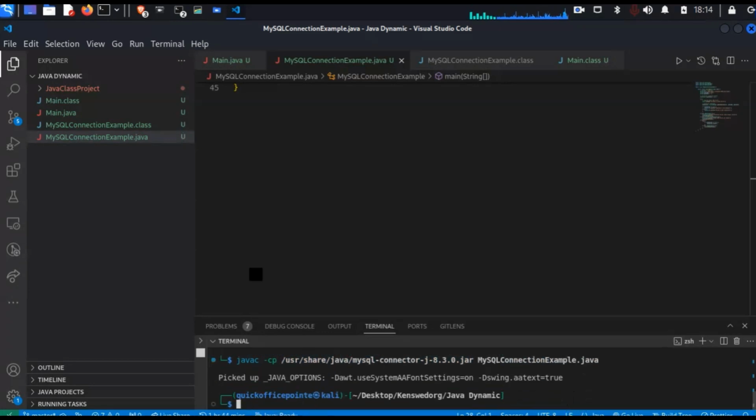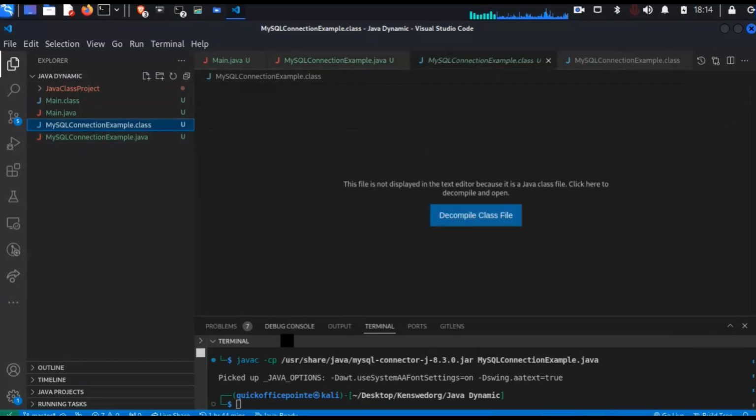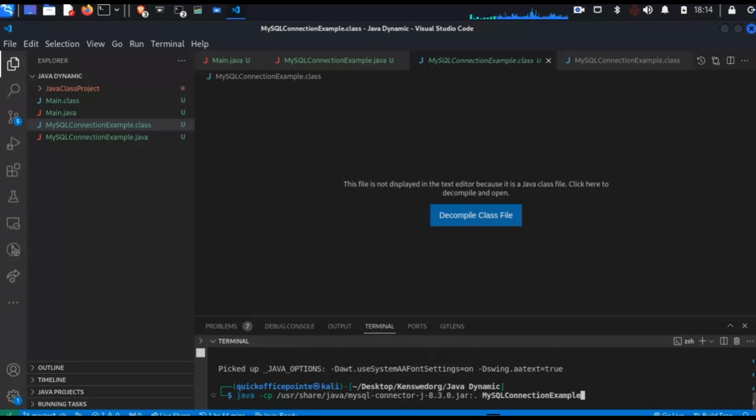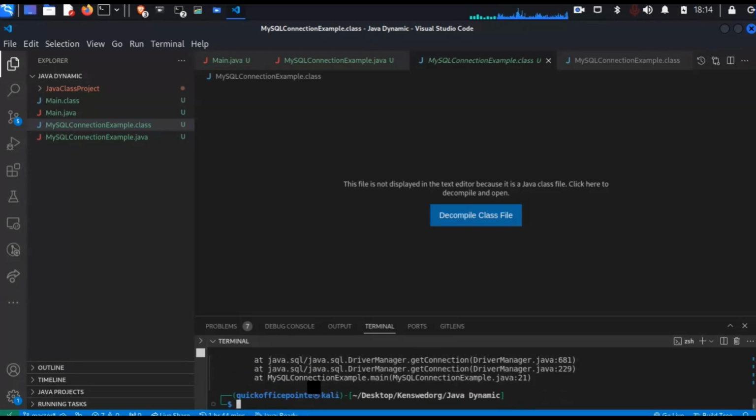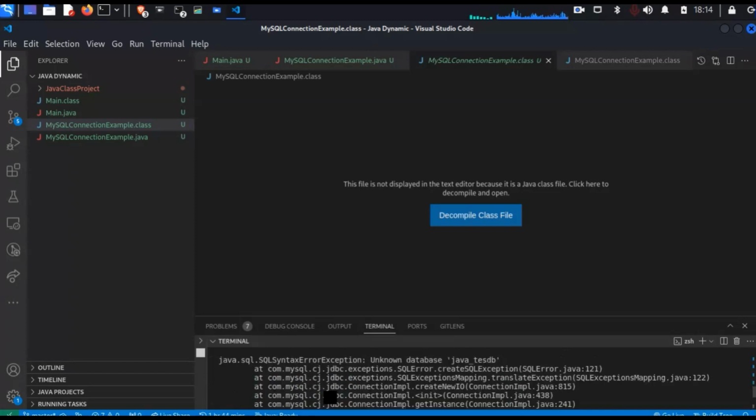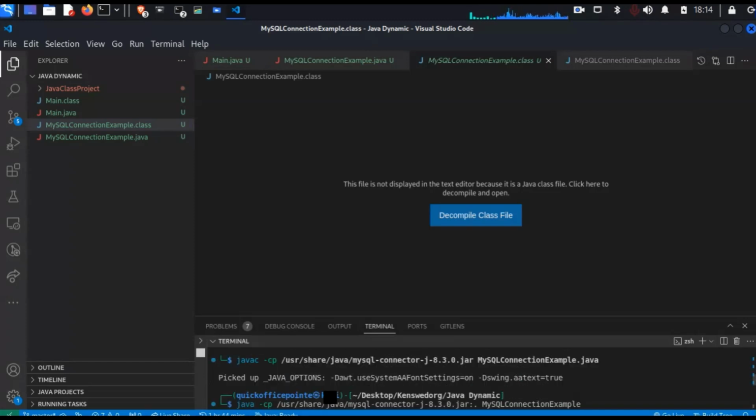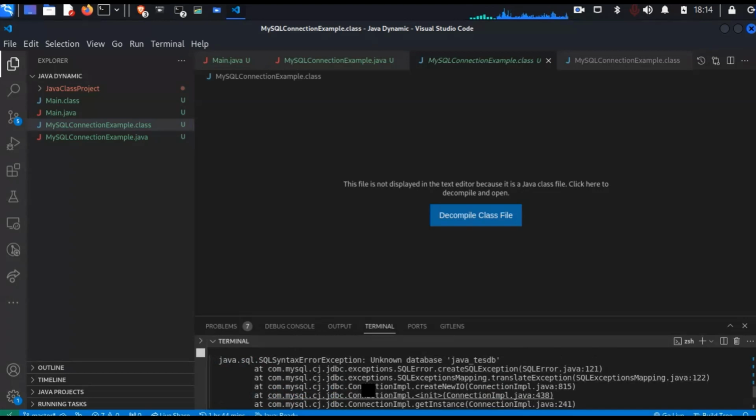Once we run that, the code has been compiled into a machine-readable form, and now we have the compiled code here. We can now go ahead to run the executable file. This is the code to run that file, and then we can execute. Now you can see that the connection is wrong. There are some exceptions here